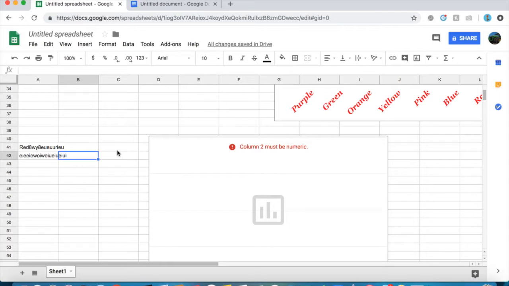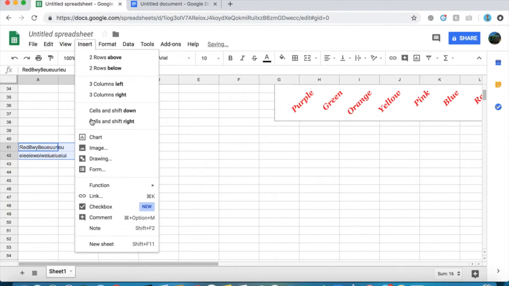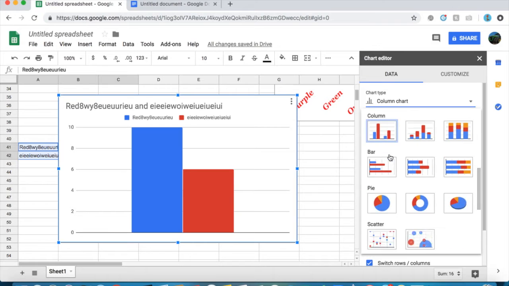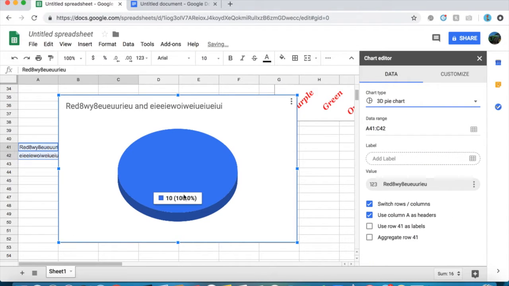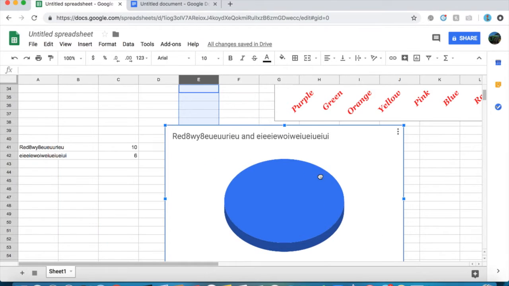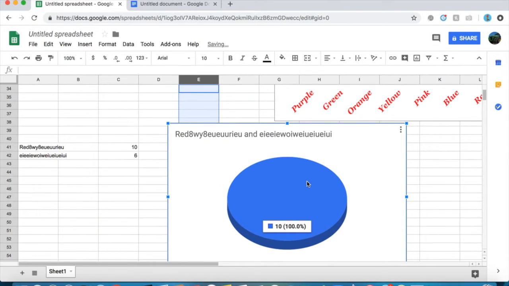Okay, let's do this. Let's get rid of this chart. Let's insert a chart. Okay, see on here, 10, 6, that's right. But let's go down to pie chart. See what I mean? It doesn't really work, because it's only registering a 10 for some reason. But what happens if I get rid of this 10? Copy that first. What if I get rid of it? Now it's just registering that. But if I put it back,